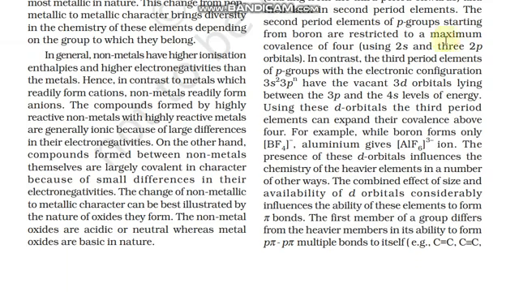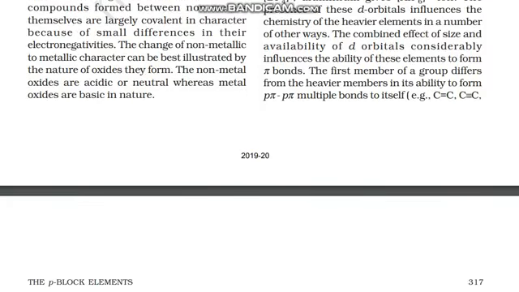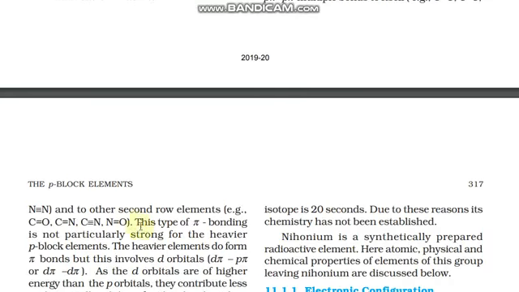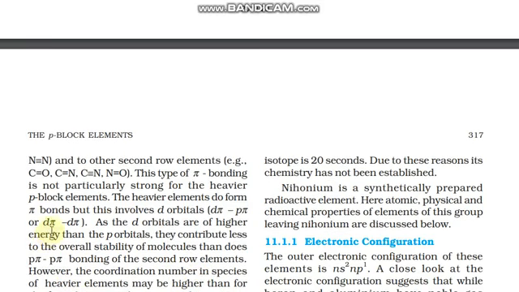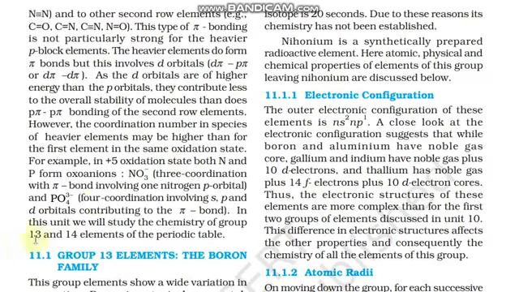The first element of the group will show bonding with itself as well as with some other metals or non-metals, like C. It bonds with N as well as O, so it can form d pi bonds, or it can't form d pi, but other heavier elements can form d pi bonds. This is mostly given in the whole paragraph, and you have to just read this one, because I have not told you everything, but you have to read this once.